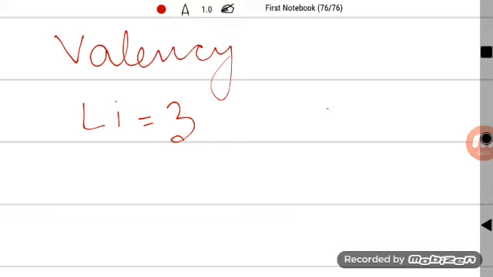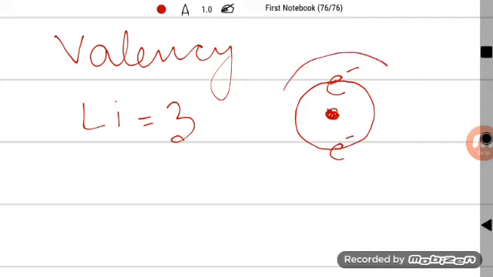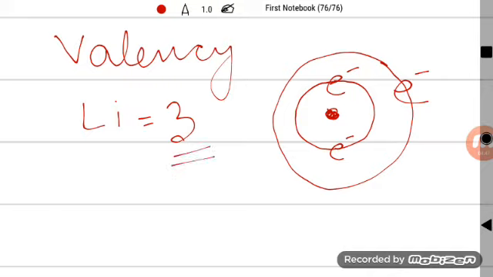So if you are going to draw the shells, I am drawing this as the nucleus, I am not showing the protons and neutrons, and this is your first shell. So how many electrons can come over there? Maximum 2 electrons can come in this first shell. Okay, and then we have this second shell. So in this lithium case, how many electrons can come now? Only 1, because in total there should be 3 electrons. Okay, so atomic number is equal to the number of electrons.